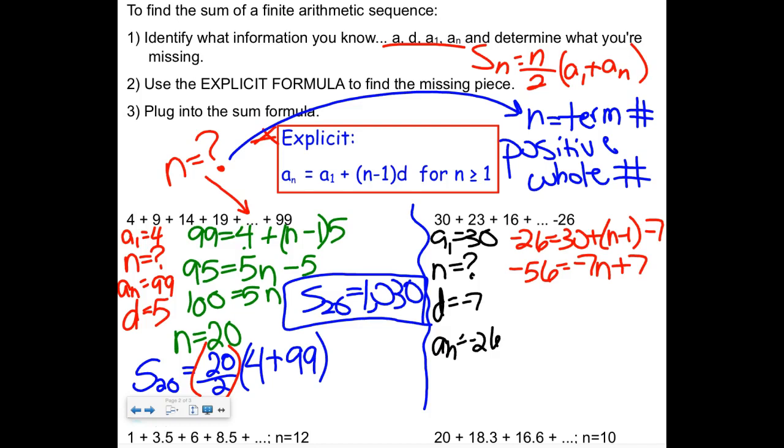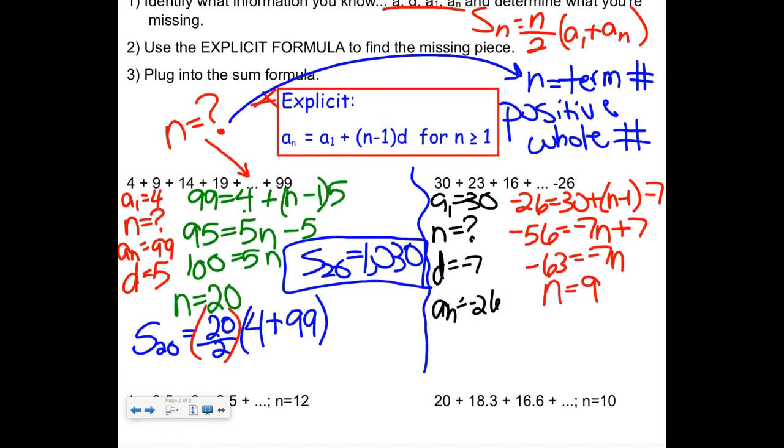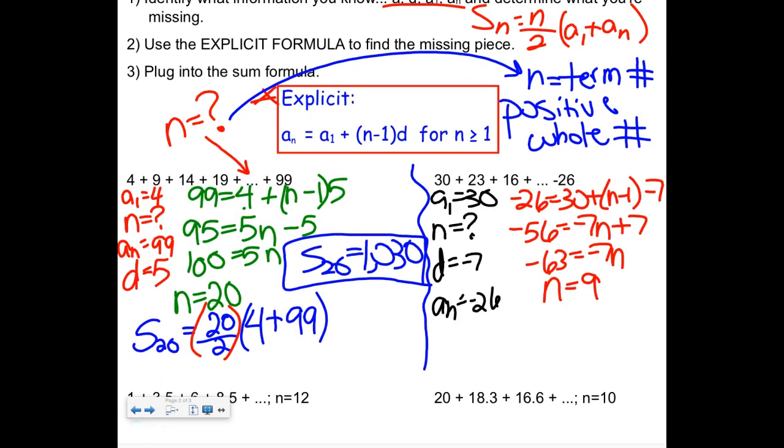I'm going to subtract the 7 from both sides. So now I have negative 63 equals negative 7n, and I'm going to divide, and n equals 9. And as I said, it needs to be a positive whole number. Check, it is. All right, so now that we have all of our information, we are now ready to plug